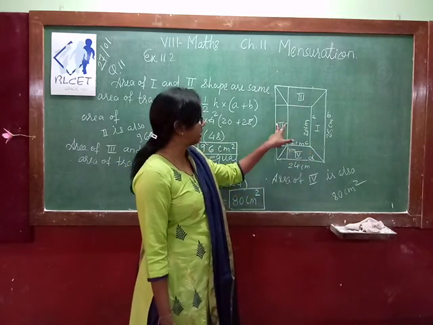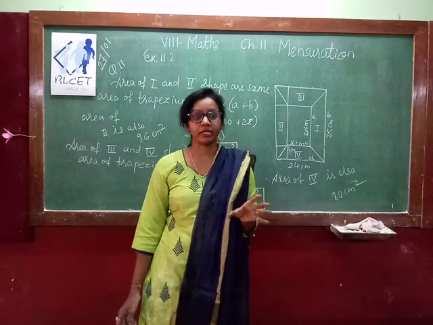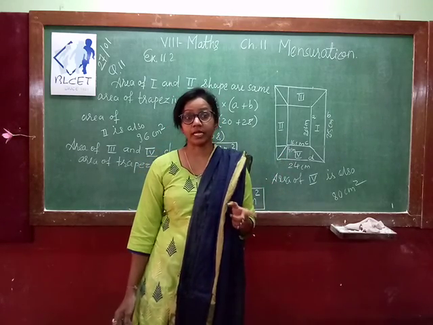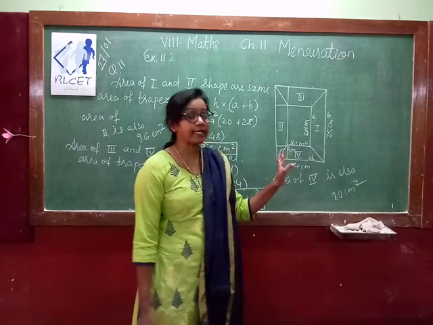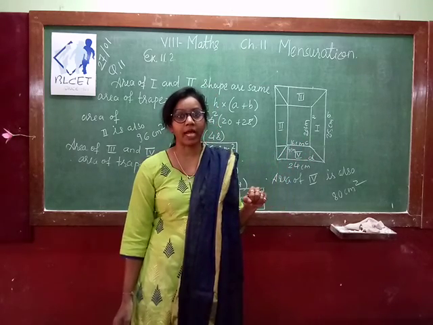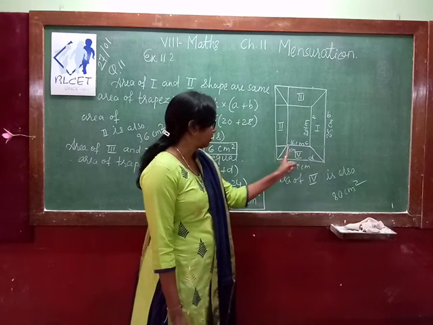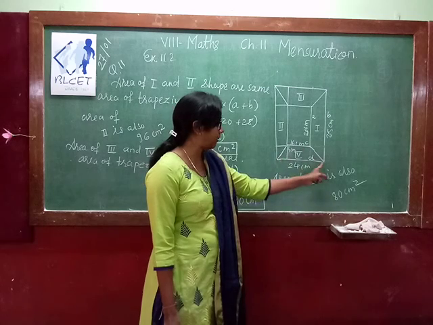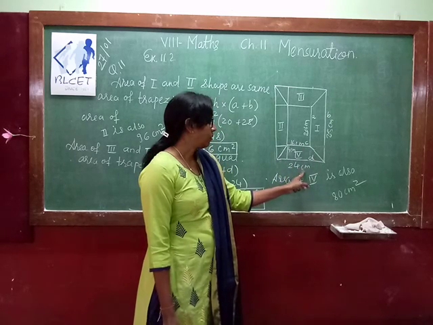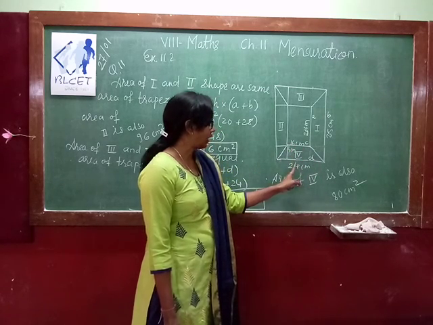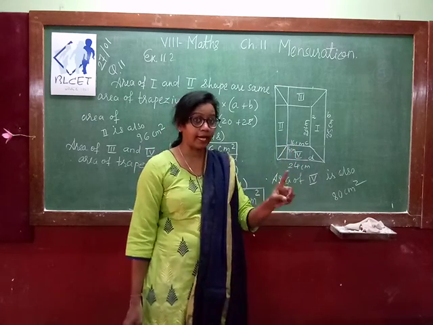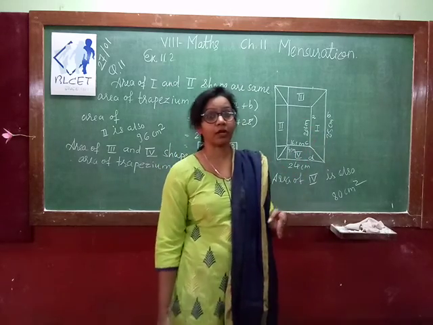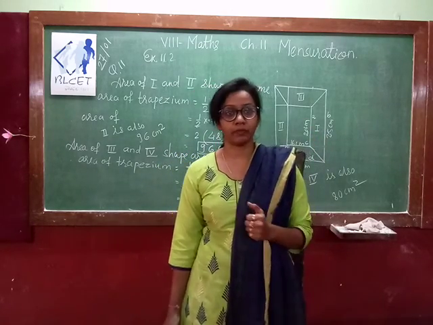All the shapes, if you look at, are trapezium shaped. So we have to find the area of trapezium. In that we have to see what the height is. Here the height is not mentioned in the question, so we have to find it. How will we find it? Here the dimension of this is 16 cm and the total dimension is 24 cm. When you do the subtraction, 24 minus 16, that is 8, means 4 this side, 4 this side. So 4 is the height of the trapezium.